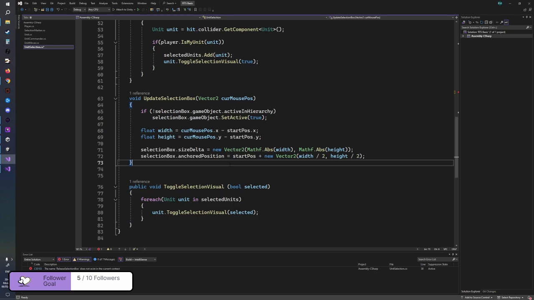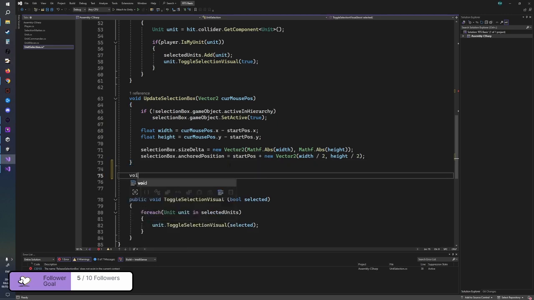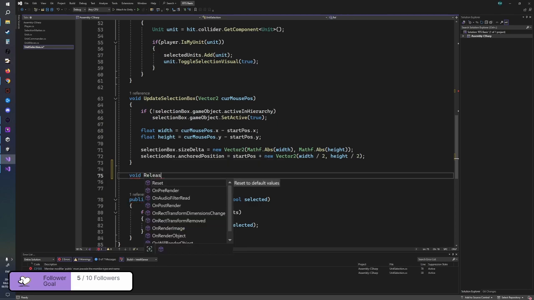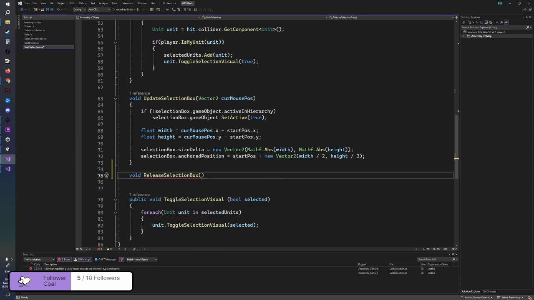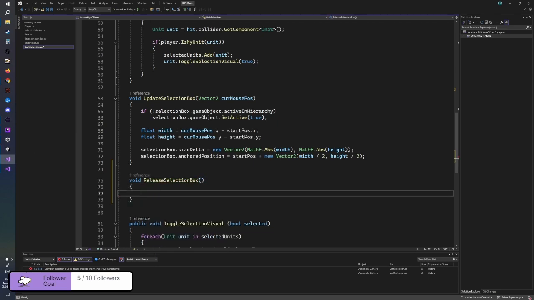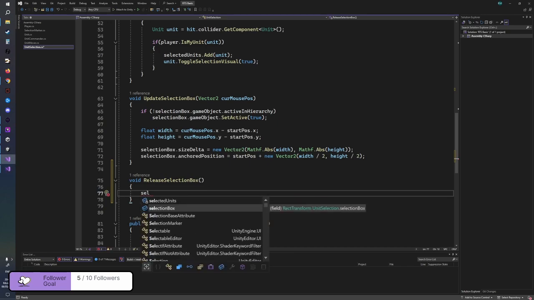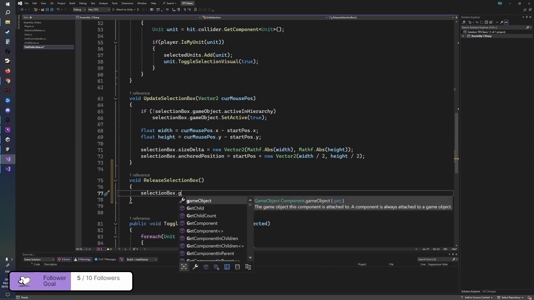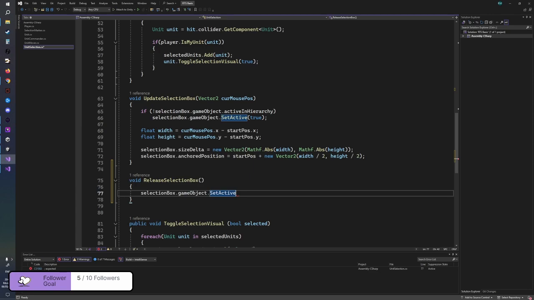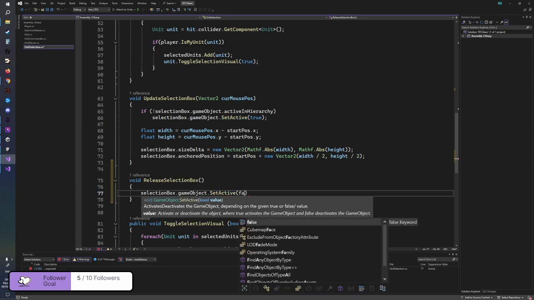After the Update, we're going to make a new void called ReleaseSelectionBox. This is going to be the new one. Then what we're going to do is start scripting this. selectionBox.gameObject.SetActive(false),